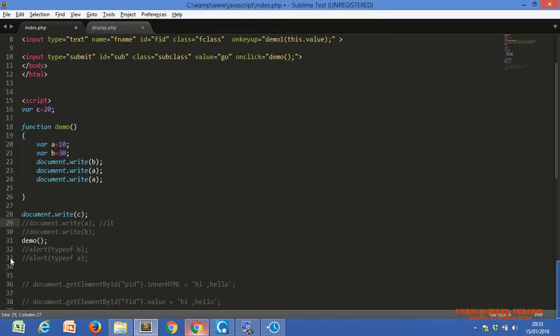Because we are calling document.write outside the function, and we declared these variables within the function, we cannot access these variables outside the function. But yes, if we declare any variable outside the function, we can use that variable within the function and outside the function also. Okay.